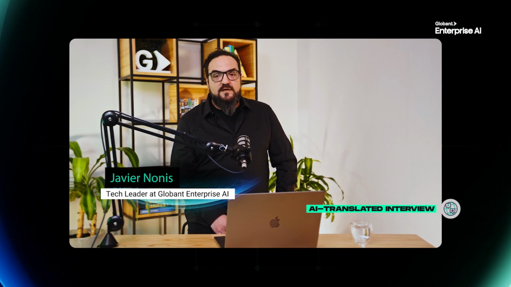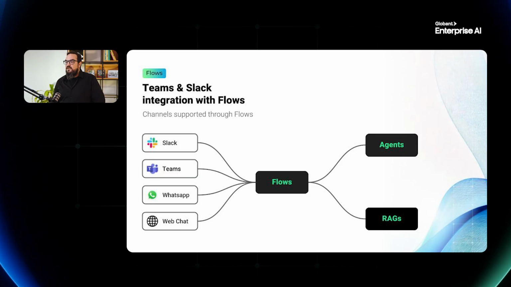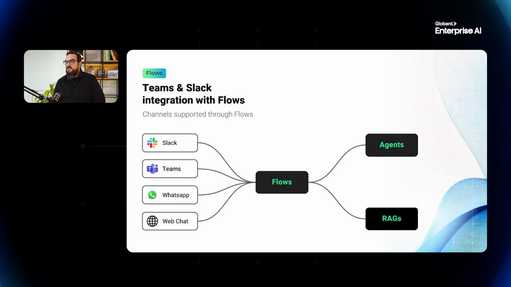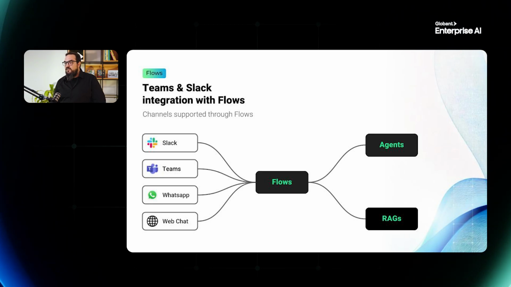for multiple channels. In the lab, we have several tools to create and orchestrate agents. In this session, we're going to talk specifically about flows. Flows allow us to create conversational user interfaces where we can orchestrate the execution of different agents and RAGs through predefined routes. Flows also offer built-in integration with various channels like Microsoft Teams and Slack. The same flow can be published on different channels, and we can also define specific routes for each channel